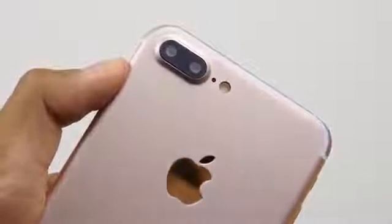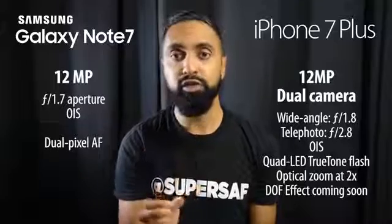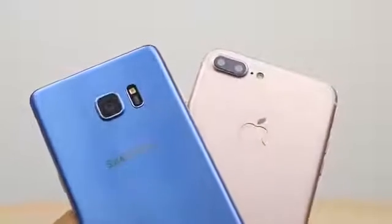Now the way these work is that you've got different focal lengths on both, so if you want to zoom in without losing any quality, you've got 2x optical zoom. So that's a very nice touch, and I can't wait to test this out hands-on and compare it to the